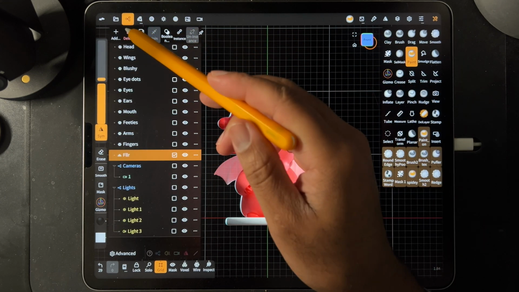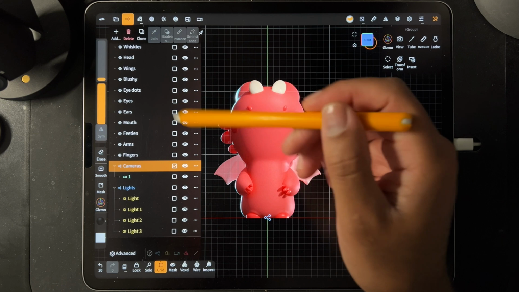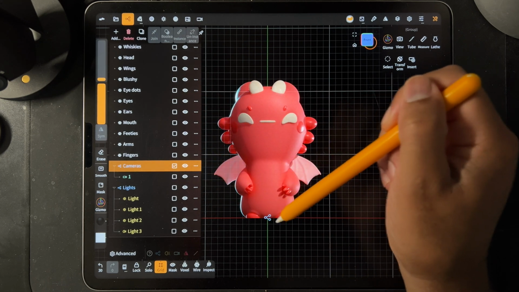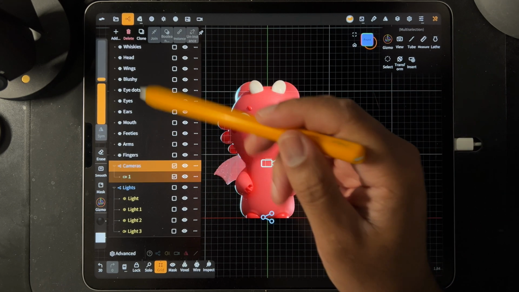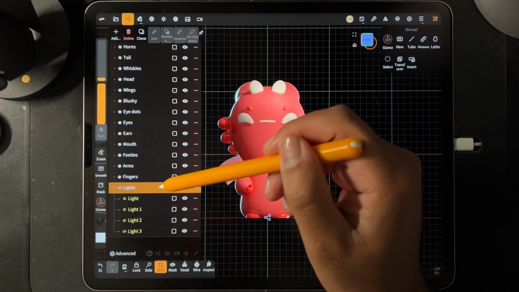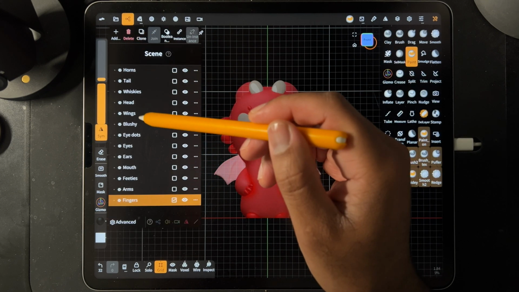Once you have it lined up, you don't really need this part. See, he's right on that red line. You don't need these cameras. You don't need these lights. So when I get to this point,